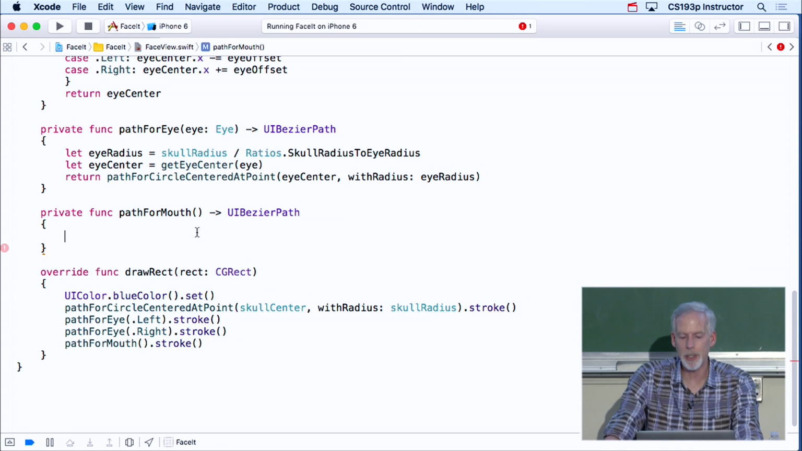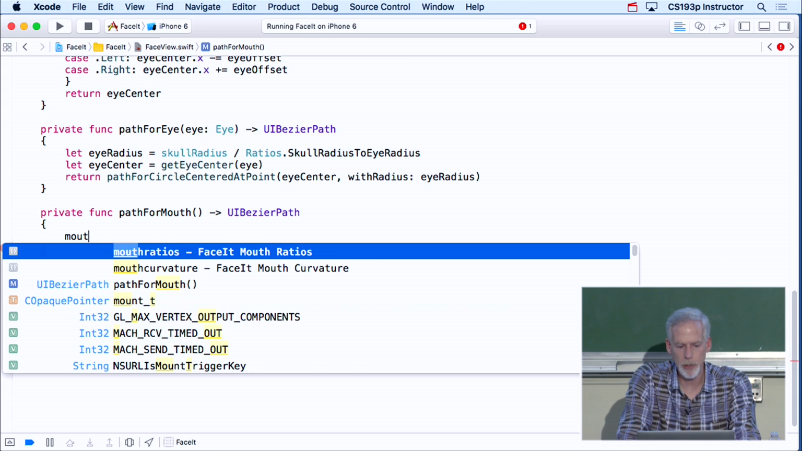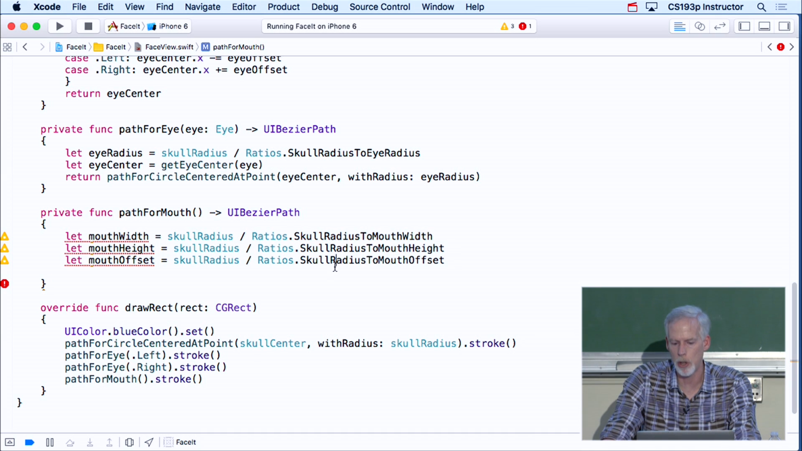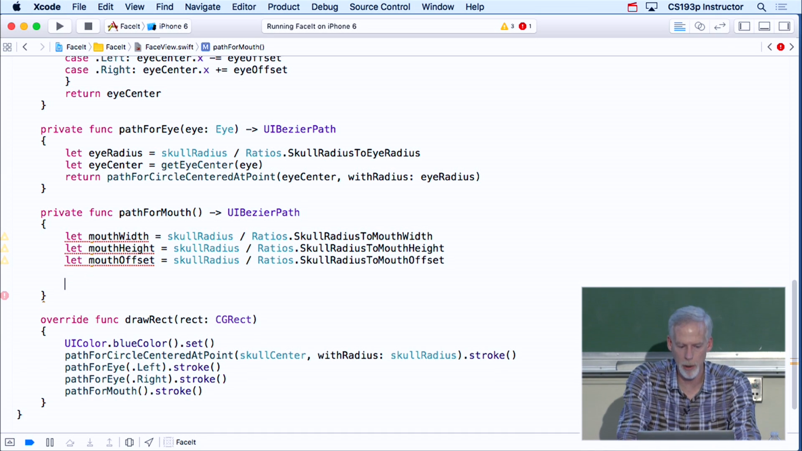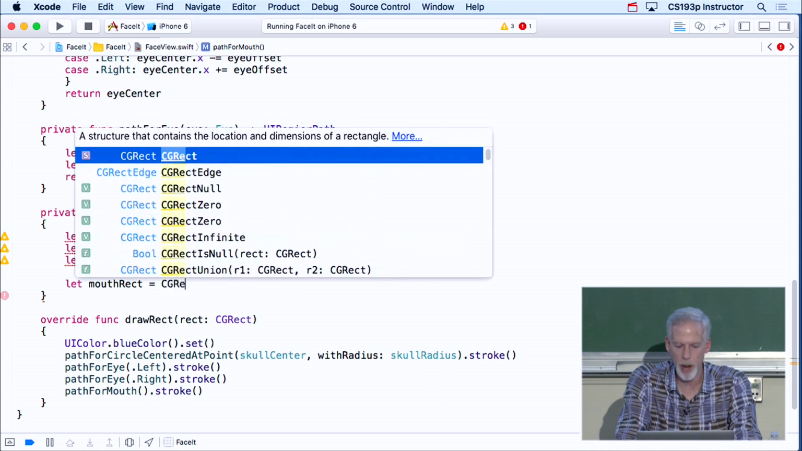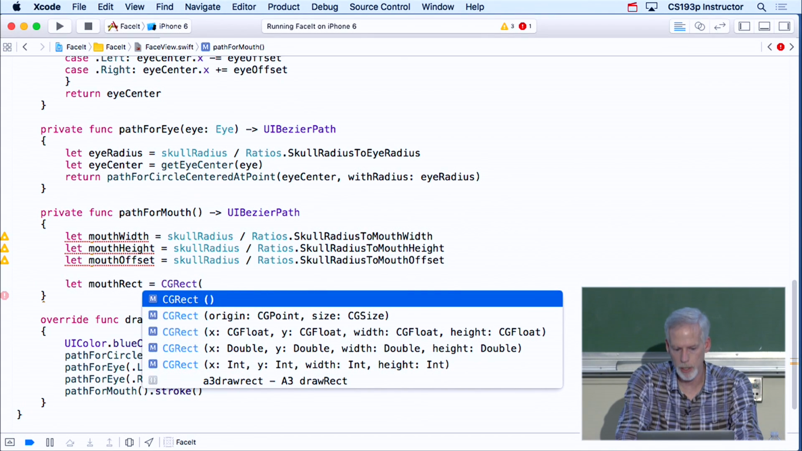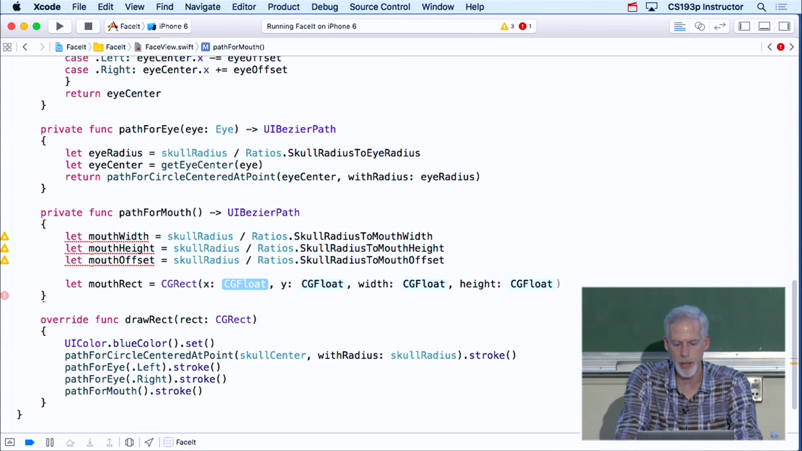So first I'm going to create a rectangle to contain my mouth here. I need these mouth ratios. So the mouth width and height and offset I'm going to make as ratios to the skull radius. Okay, save a little time by doing that. And then I'm going to make the mouth rect, the rectangle that contains the mouth, by saying let mouth rect equal a CGRect. And this CGRect, I'm going to use the x, y, width, height